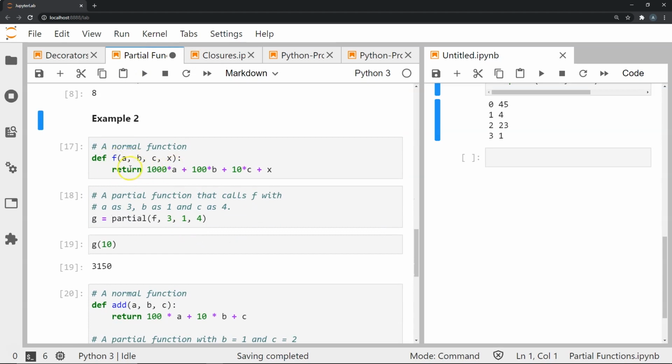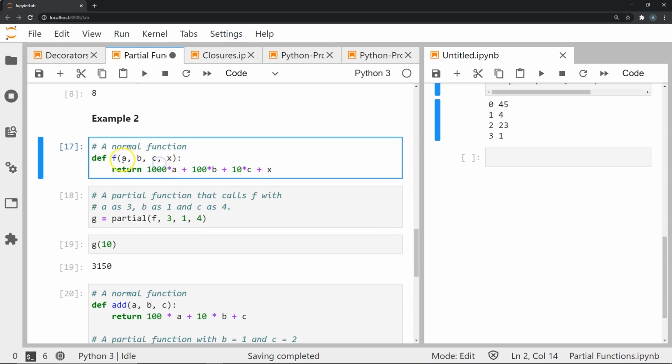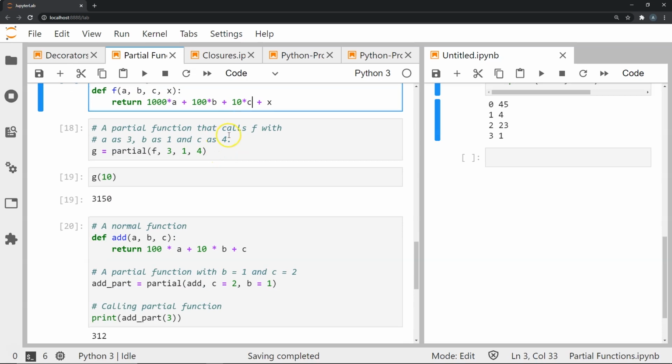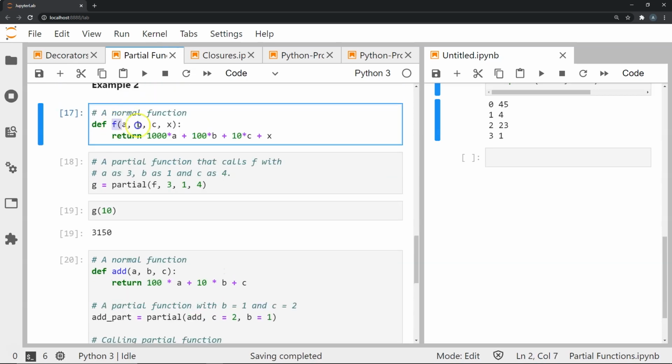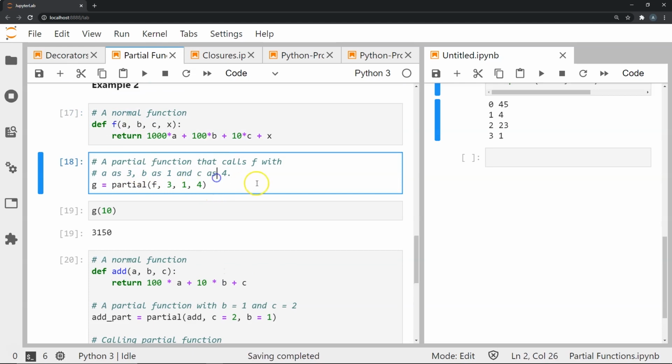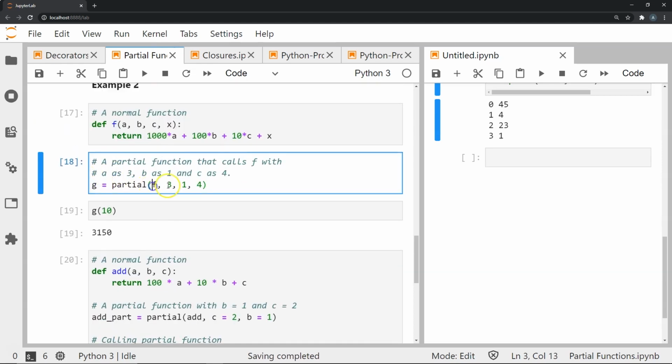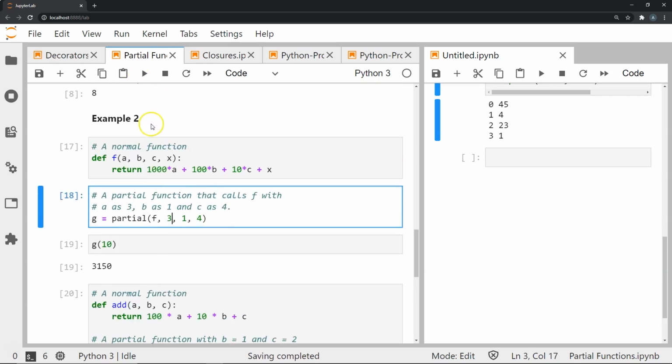So we have this function where we define some function with 4 arguments: a, b, c, and x. We're going to return 1000 times a, plus 100 times b, plus 10 times c, plus x. Now we're going to create a partial function that calls this function, but it's going to use a as 3, b as 1, and c as 4 always. How we do that is g is equal to partial like this. So once we've executed these,